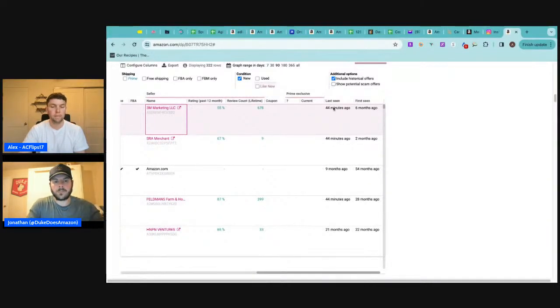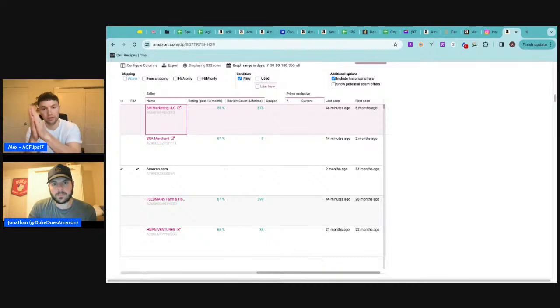So last seen is basically telling you, if I'm not mistaken, when they last changed their price. Is that how you read that? Like if they reprice, it'll say when their repricer last triggered. Yeah, to be honest with you, I'm not exactly sure. Last seen Prime exclusive. That's how I've seen it, because a lot of times on a fast moving listing, it's like 1 minute ago. Okay, yeah, that makes sense. It's got to tie into price, and if they have a repricer, it's going to change all the time. Yeah. So that column is not super important, but the first seen column is actually kind of interesting, because what that tells